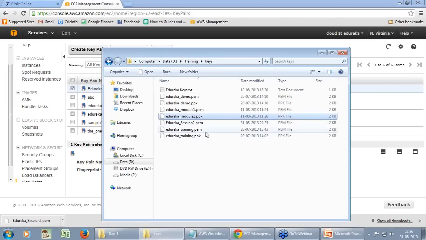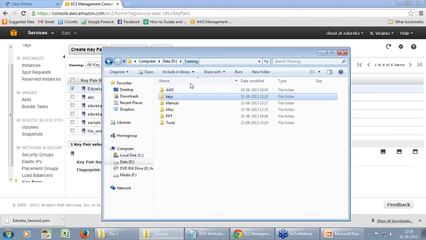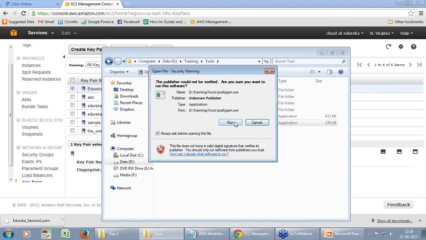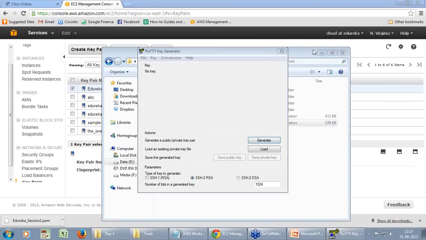It should have an extension called .ppk. For that, there is a tool available called PuttyGen. There would be multiple tools available. I'm just going with PuttyGen. So I run the tool called PuttyGen. I hope you all are able to see my screen. I open the tool PuttyGen, and in PuttyGen I say